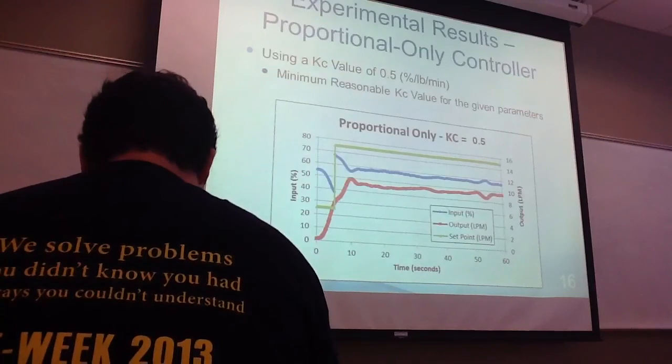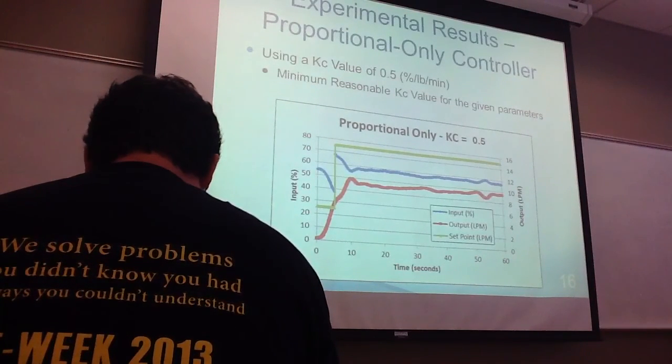On to the minimum reasonable KC value of 0.5% per pound per minute. We found this to be overdamped, 1/500th decay ratio, monotonic,